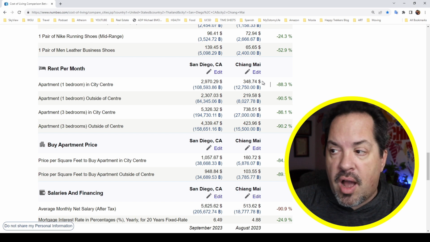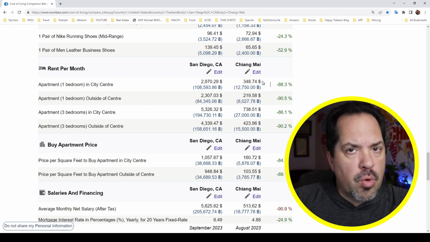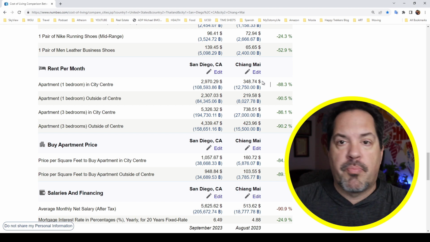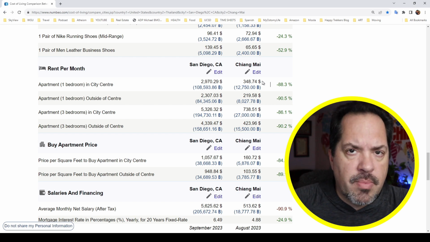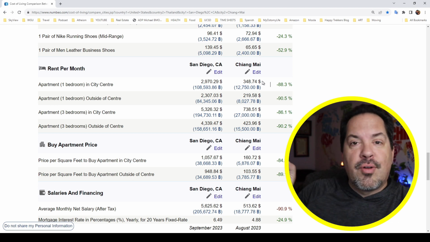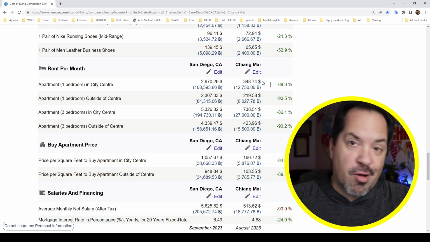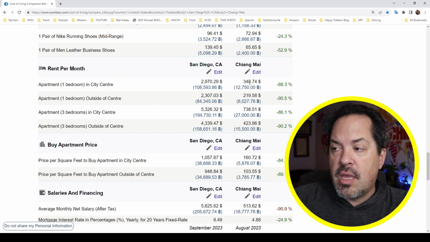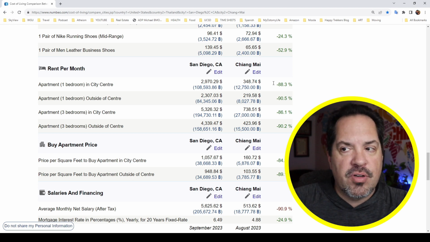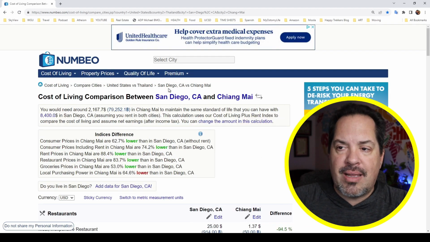He was paying $325. Now, since then, he has moved and he is living in a 4 or 5 bedroom house with a big yard, mango trees. I think he has a pool. I can't remember. And I want to say he spends about $800. I couldn't rent the room I'm in for $800 here in San Diego. He has a 4-bedroom house with mango trees. So he gets breakfast for free. I mean, it's ridiculous. So, but can you spend $350 for a 1-bedroom apartment in Chiang Mai? Yeah. So again, 88% less. That is absolutely possible.